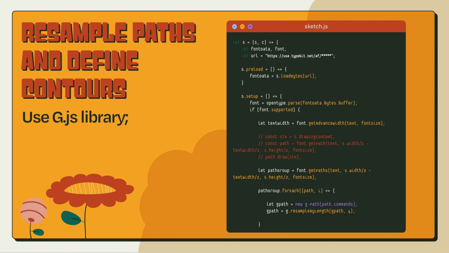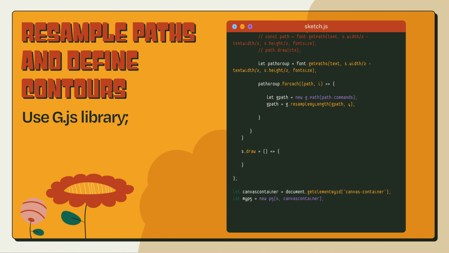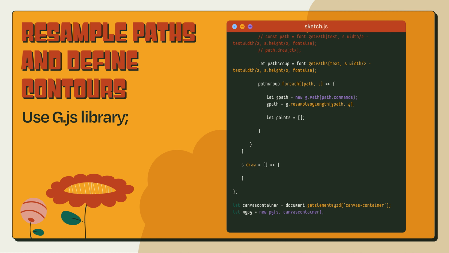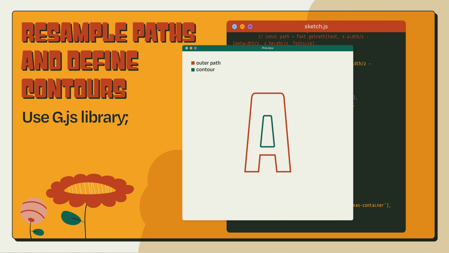Next, we have to deal with the letter contours. We will separate them using these steps. 1. We create a 2D points array to store as many paths for each letter. Take the letter A as an example. The first array will contain the points for the outer path, and the second array will contain the contour points. And this array will occupy a position in the 2D array, essentially an array of arrays based on the letter. For instance, for a letter like C, we're only going to have one element in the inner array of this